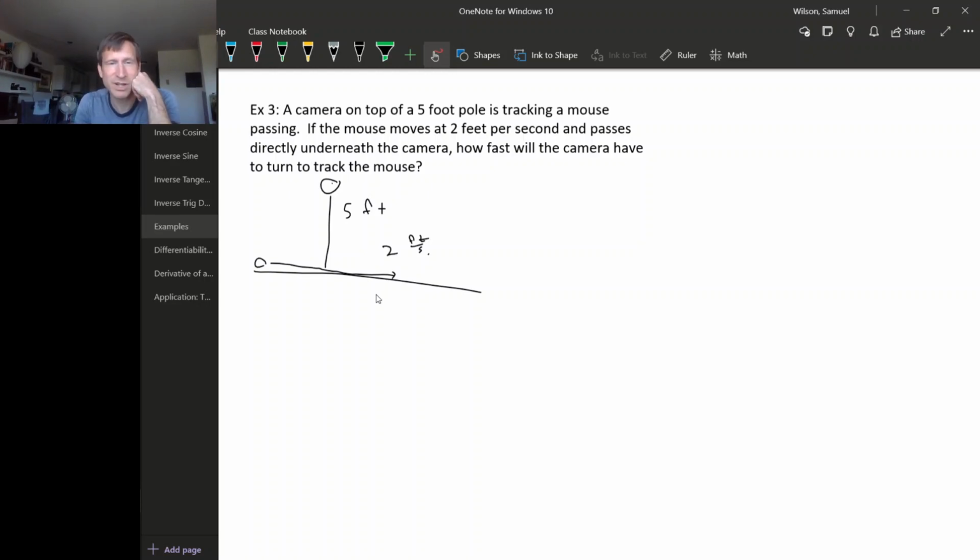So if we just pick some spot to call x equals 0, then we can write the x position of the mouse as a function of time, right? We know that the mouse is moving at 2 feet per second, so we could say that x is 2t. Here I'm arbitrarily deciding that t equals 0 is when the mouse is directly underneath the